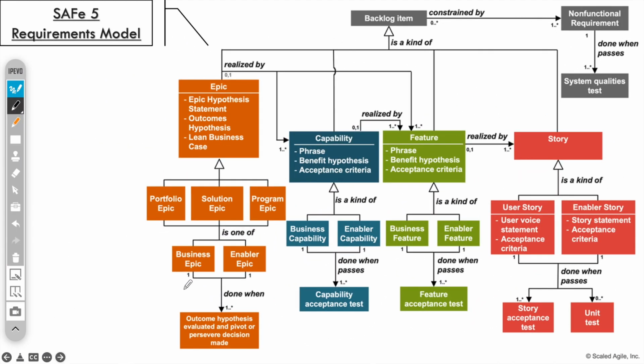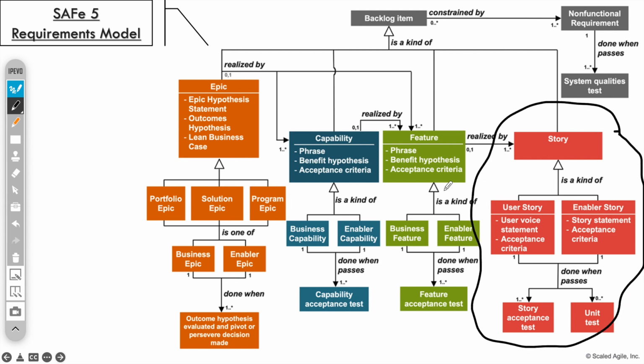Let me also show you SAFe's requirements model. SAFe is an abbreviation for Scaled Agile Framework. You can see that this model is very sophisticated and full of details. Most of the time, companies focus only on this part here, but this is just one piece of the story. Both these parts on the left, and especially this upper part with the non-functional requirements, are quintessential for the success of large-scale projects.